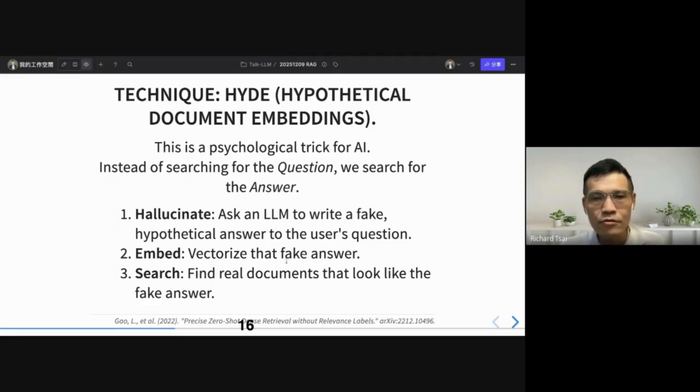So then we vectorize the fake answer. Then we find real documents that look like the fake answer. We can see that the query and the answer actually have some gap, but the fake answer and the correct answer may have only a slight difference.